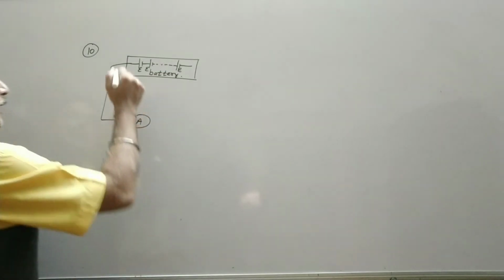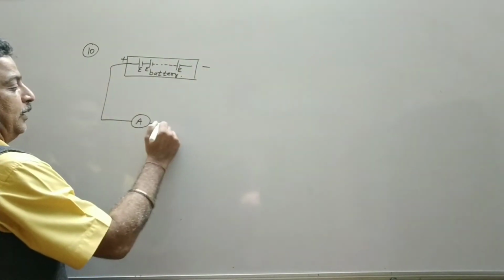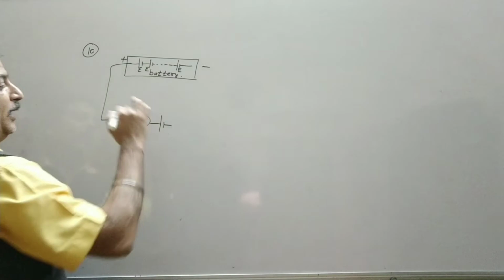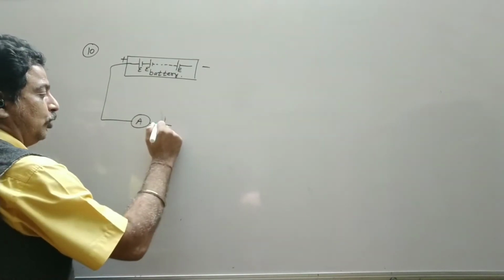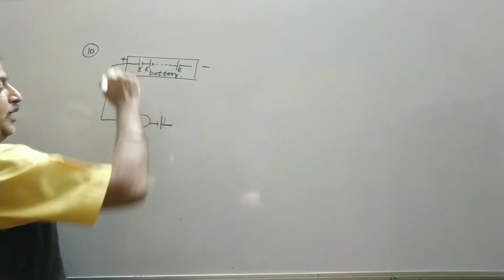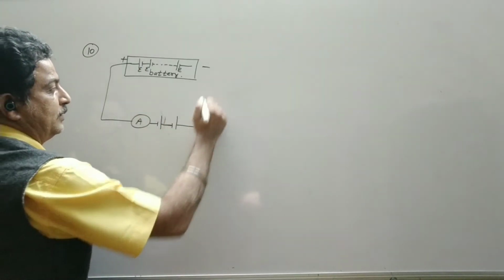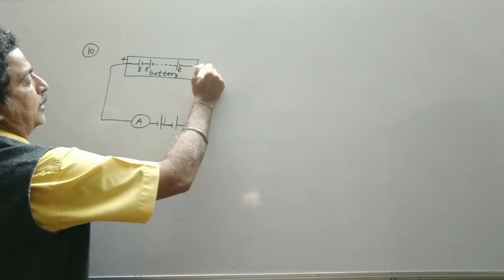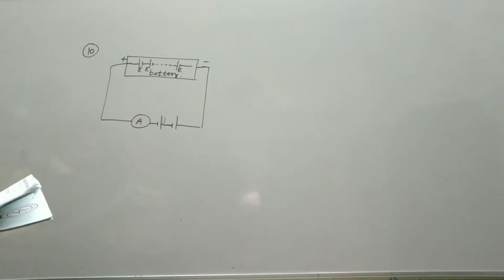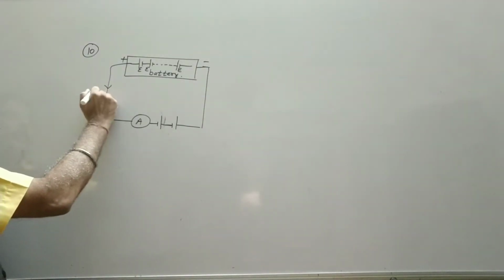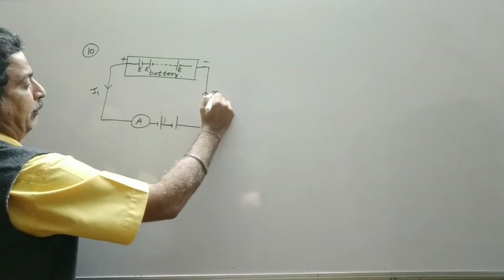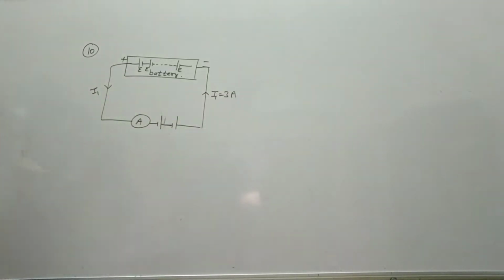The current is 3 ampere when cells and battery support each other. So let us take this terminal as plus and minus. So plus minus, that is a helping condition. So this is minus plus, plus minus plus, minus plus. This is called a helping condition. Then the current in the circuit is, say, I1, which is given as 3 ampere